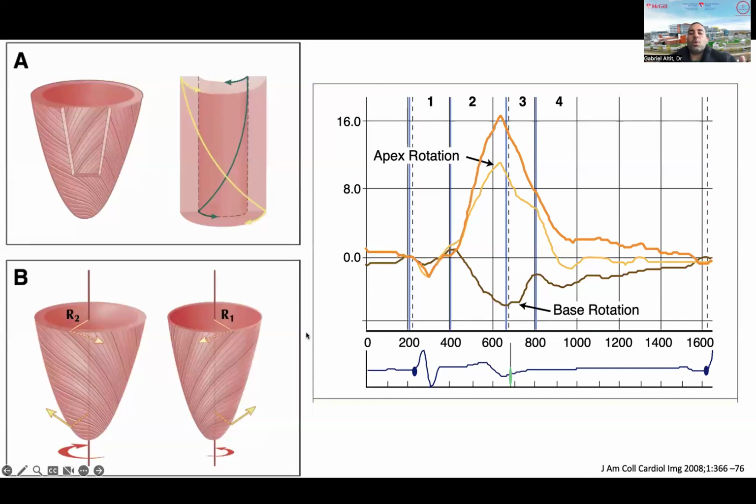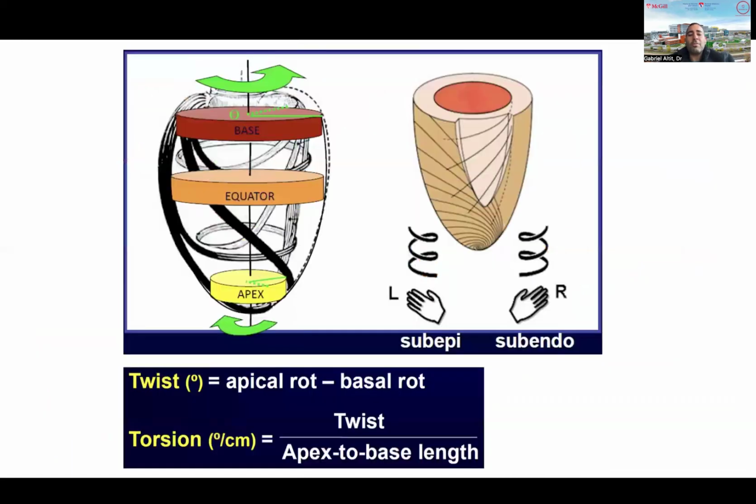And so more and more, we realize that there could be some subtle changes early in the heart of some patients that are only detected in some of these metrics of rotation. But I don't think it's yet prime time to include that in clinical pathways. It's definitely something that we do in the research lab, but not necessarily something that we do in the clinical world. So I put here, if you read articles on neonatal research of LV function, you're going to see that